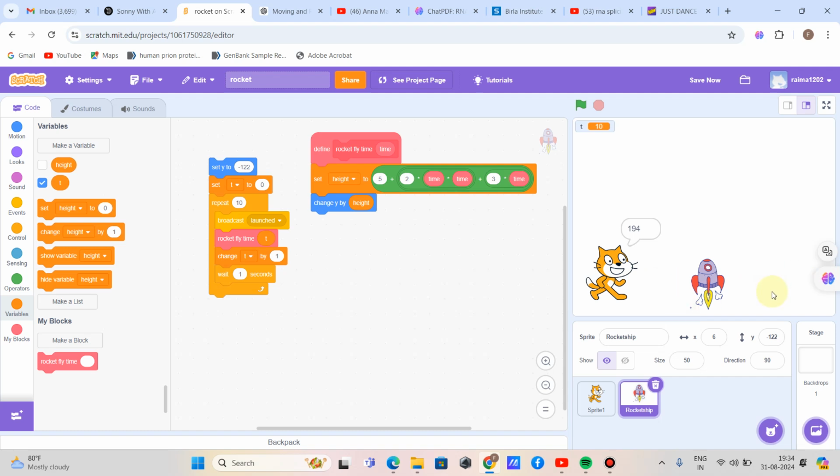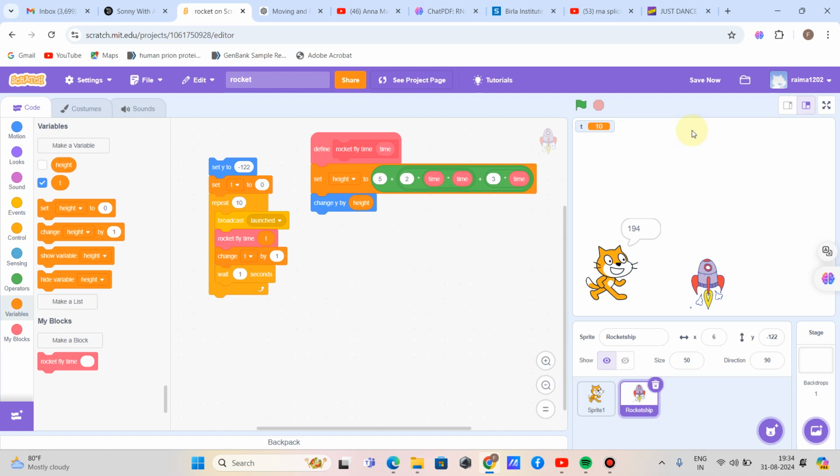But the rocket is supposed to be launched into the sky, so the x coordinate must remain fixed, which right now is x equal to 6, and only the y coordinate must change, increasing as the rocket moves up.